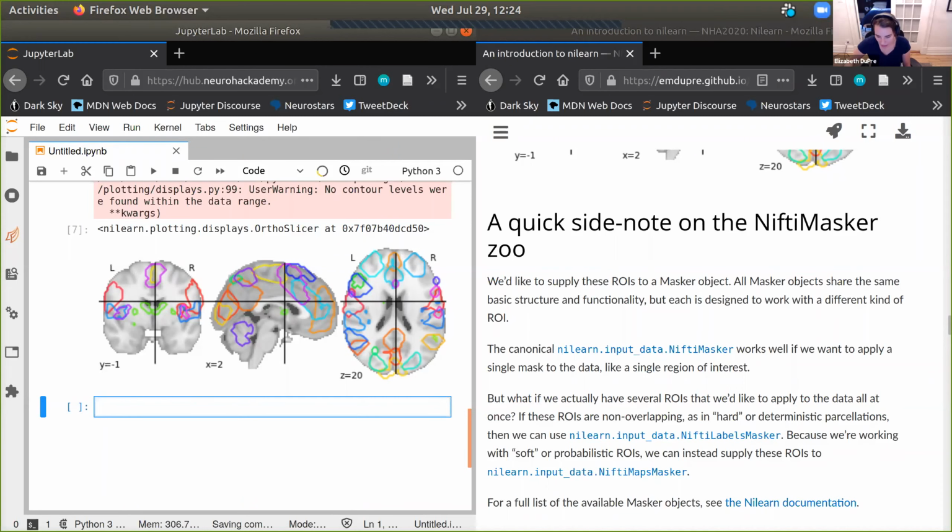Okay, next question. Can you plot a probabilistic atlas in an interactive format similar to the above? That's a great question, too. I actually don't know off the top of my head. We've recently been working to add more interactive viewers. That's something Jérôme Dockès in particular on the development team has pushed really hard on.